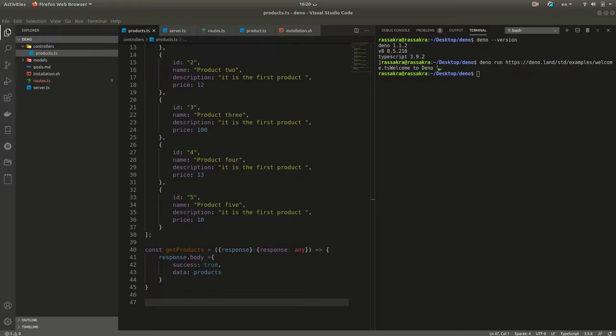This is the command: deno run minus allow network, because deno is highly secured, so you need to allow the network that we need. Our server is running on our localhost. So it checks the deno server running on the port. Let's take a look, and